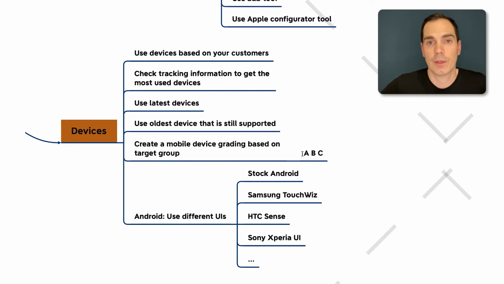You can use, for example, only the latest devices, depending on your peer group. You can use old devices that are still supported, but they're not that powerful anymore. With all this information, you can also create a nice mobile device group, also called an ABC group. Maybe we'll also record another video on that topic, what the grouping is all about. This is also helpful to narrow down your test devices to a handful of devices